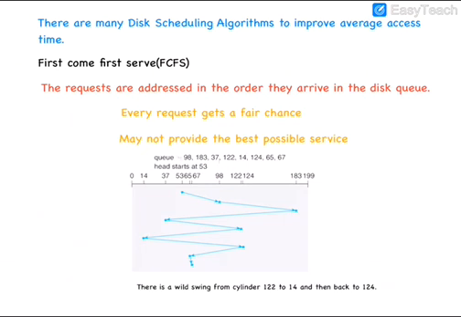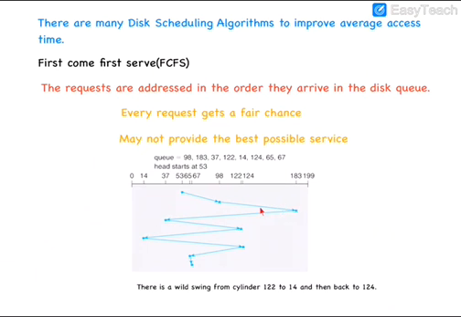Here we have processes requesting the following sectors. Let us think that these are the sector numbers. Supposing that we have requests for 98, 183, 37, 122, 14, 124, 65 and 67, and our head is positioned at sector 53. The first request is for 98, so we move to sector 98. From there the request is processed, then we move to 183. From there the request is for 37.